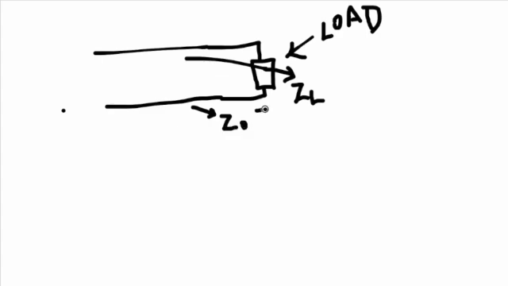So both of these impedances should be equal. If this load wants to derive maximum power from this transmission line, these two have to be equal. So this is called